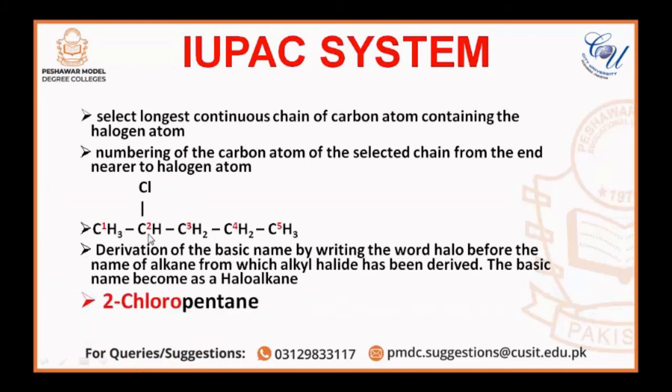Now, the name of the chain that is holding 5 carbon atoms: we write first the halogen name and the position of the halogen, that is chlorine on carbon 2. So we will write 2-chloro pentane. Pentane represents that we have the 5 carbon chain having single covalent bonds, and the 2-chloro represents that the chlorine group is attached on the second carbon atom.